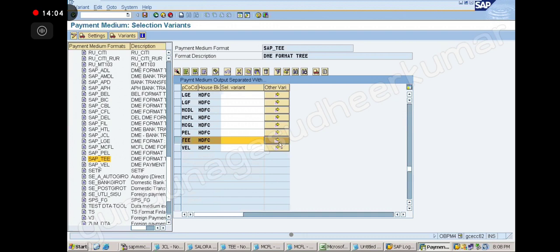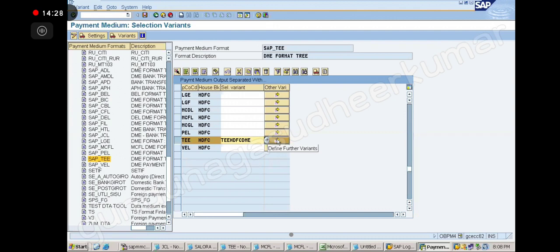Now give the name here. What name shall I give? CEE, HDFC, DME, some name I am giving. It is the variant name, just don't worry, just give the variant name and click on define further variant.